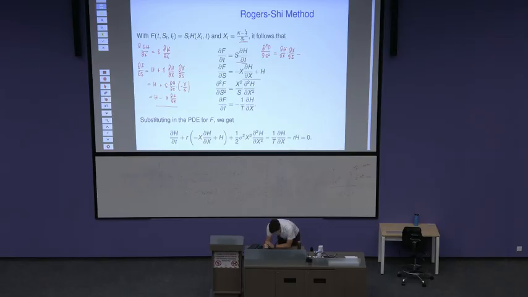So I have minus dx ds times dh dx minus x times the second derivative of h with respect to